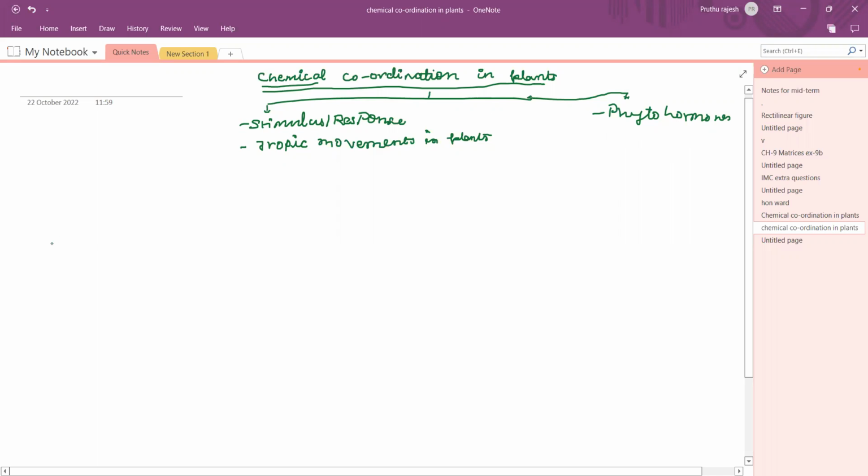So, I'll explain this stimulus response through an example. Suppose, for instance, you are walking on a road and you come across a pin or sharp object, and unknowingly you step on it. So instantly